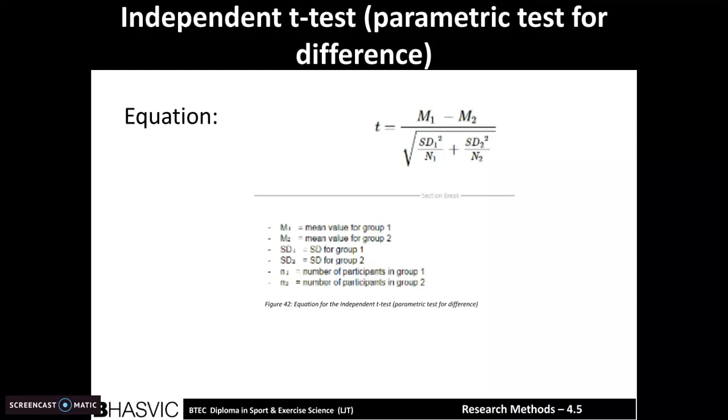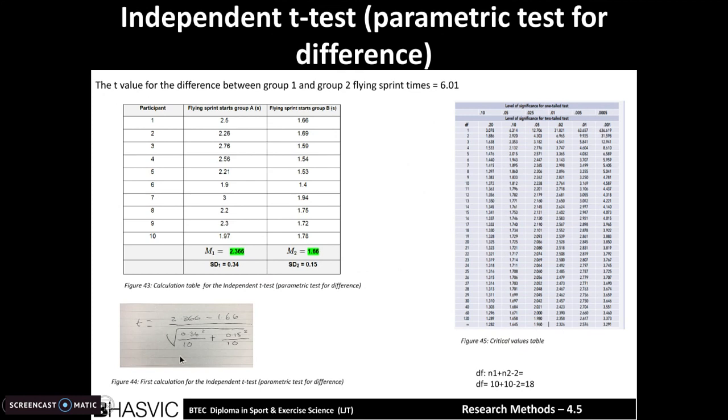Using the equation of the independent t-test, from my initial calculation, breaking down the equation into smaller parts, I was therefore able to calculate the t-value. So firstly, on the top half of the equation, I did 2.366 take away 1.66, which equaled 0.706. In the bottom half of the equation, the two standard deviations squared, then divided by 10, so the number of participants in each group, then summed together equaled